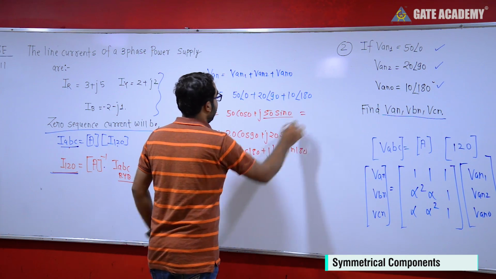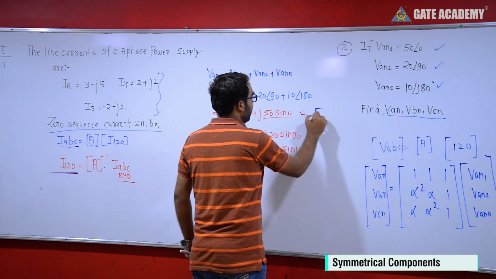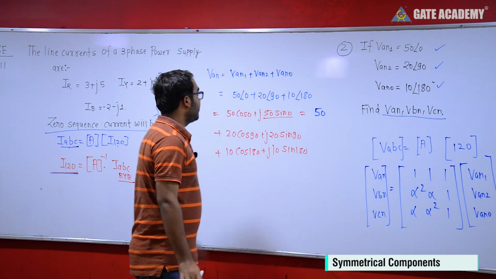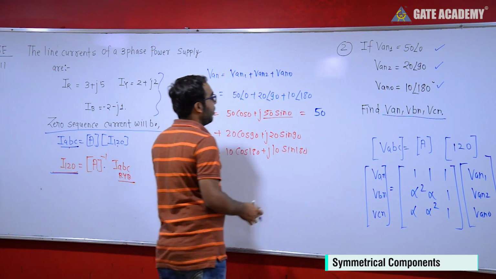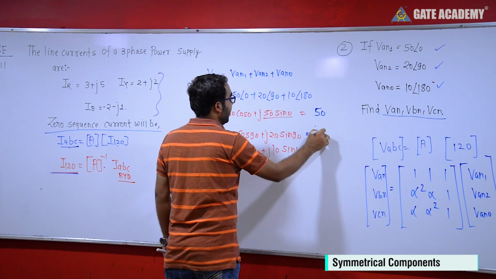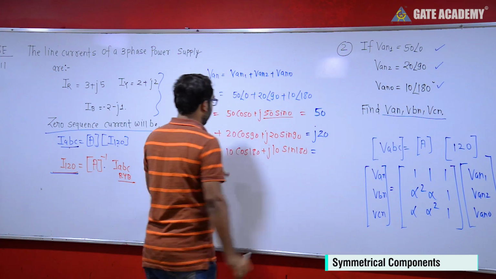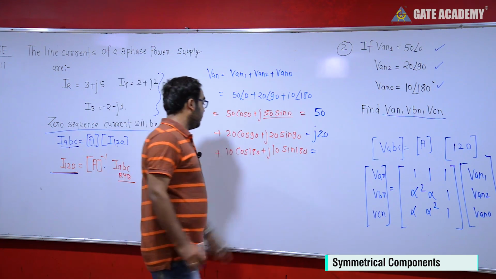So the values we are getting are like this. 50 cos 0 we will get 50. It means whenever there is angle 0 there will be no imaginary part, because sin 0 is 0. Here 20 cos 90 will be equal to 0. Here only we will get the imaginary part, so we are getting j20. Here what will happen? Cos 180 is equal to minus 1, sin 180 is equal to 0, so we will